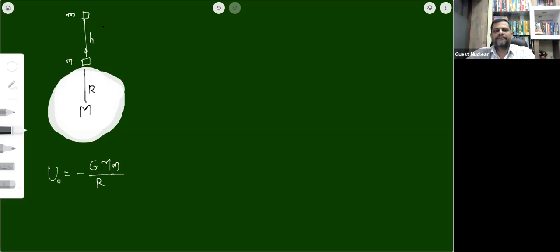So in that case, the potential energy of this body at this point here can be obtained to be simply U we can call it as, and it will actually be minus of G M small m upon R plus h here. तो इसमें R के बदले क्या आ गया, R plus h आ गया, उतना ही डिफरेंस हो गया, देखो ठीक से, क्योंकि इन जनरल व्हाट इज द फॉर्मूला फॉर पोटेंशियल एनर्जी ऑफ अर्थ ड्यू टू अर्थ एट ऑफ एनी पॉइंट, तो पोटेंशियल एनर्जी के लिए फॉर्मूला जो है इन जनरल क्या है, माइनस G M small m अपॉन